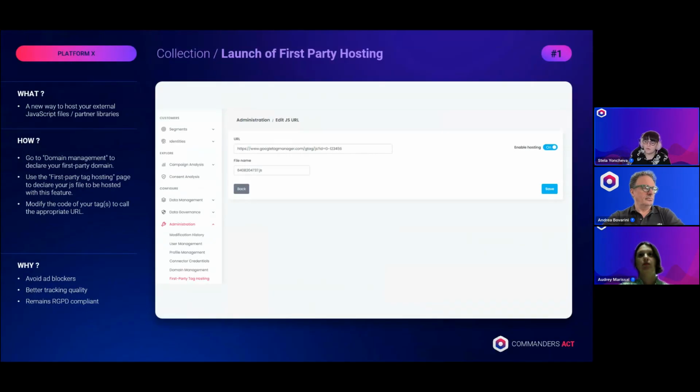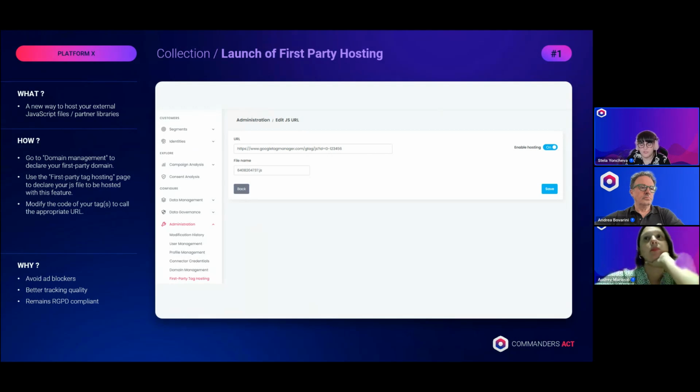Sure. So, as Andrea already announced, we are starting with first-party hosting, which was released. First-party hosting is a way to host the internal JavaScript files or some partner libraries as a first-party script.